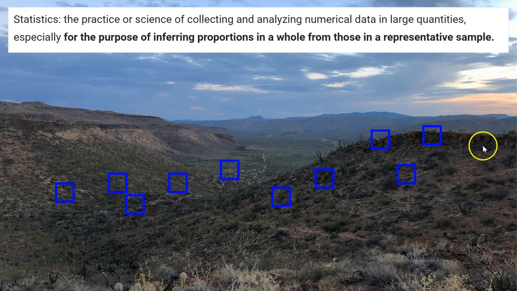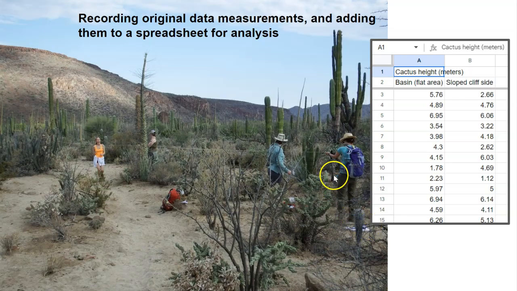And you want to make sure that these are somewhat independent of each other. That is, you're not putting all the samples right next to each other and sampling just this one small area. You want them to be somewhat independent and spatially distributed. So once you have that, you've got an experimental design and you're ready to collect some data.